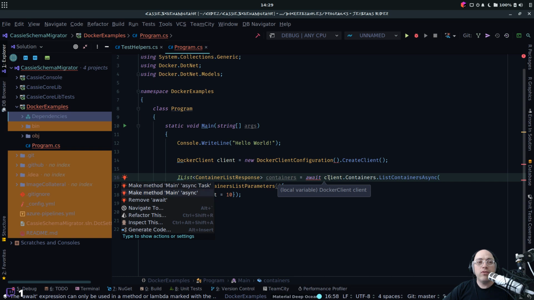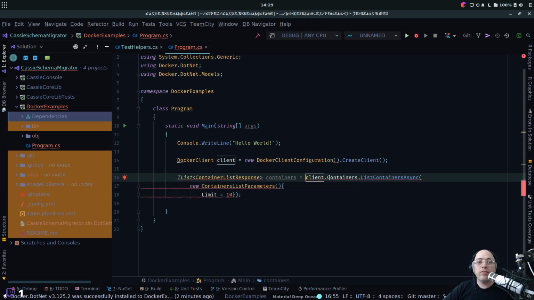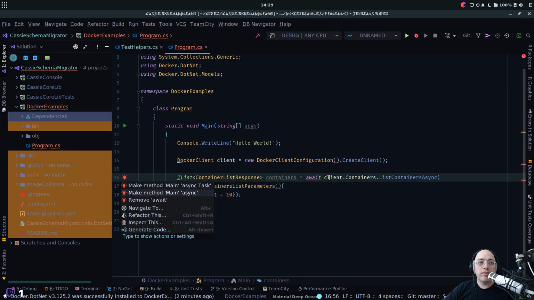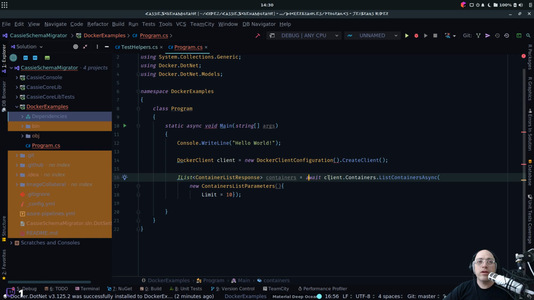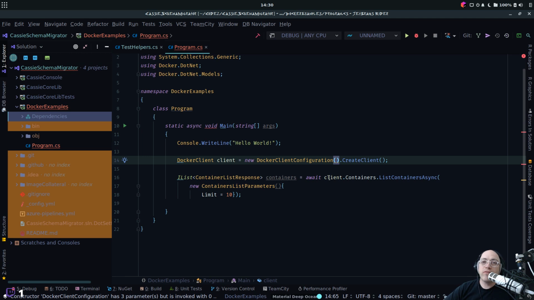Do I need to have await there? Let's remove it and oh. No, that's incorrect. So make method main async. Let's try that. I don't really remember how to write that code, but we're gonna figure it out. And this still needs to